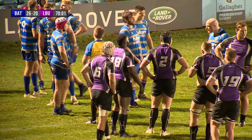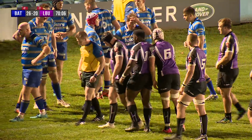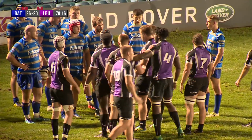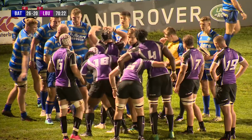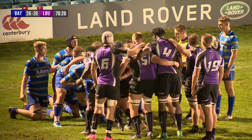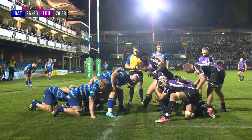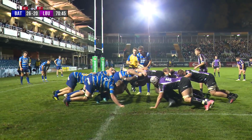Well, he scored a game-changing try after last week's double red card. He was the support act for Chester Duff, catching the ball after a very fortuitous bounce, and it looked like he was going to have an influence on what way the scoreline was going to be going again here tonight. A sensational little arc on there that seduced both defenders, but neither could get their hands on him until the last gasp. But just in time, they managed to drag him down a metre short before Johan Visser, a man who you'd bet your house on scoring, knocks the ball on the 5 metre line, which presents us with this scrum. Bath still under pressure,